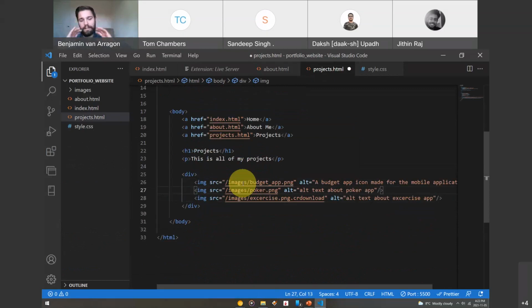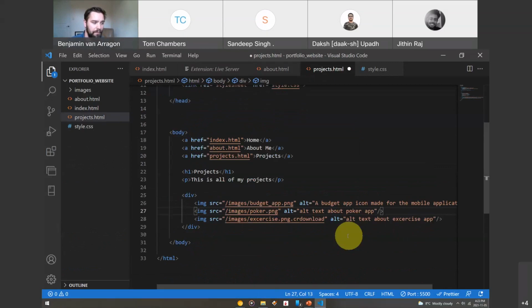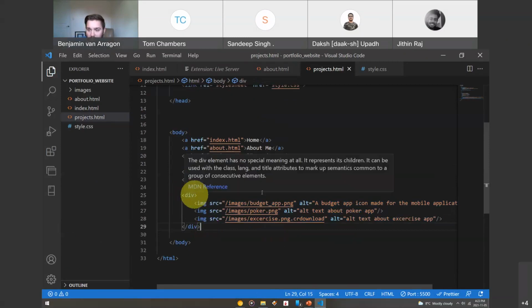Everything is divided into little chunks, and you can have divs that have all sorts of different properties and look real neat. So I just put my 3 images and then I indented them inside of my div here, and we can see that little gray line showing that everything is inside my div nice and neat. Okay, now my div itself,